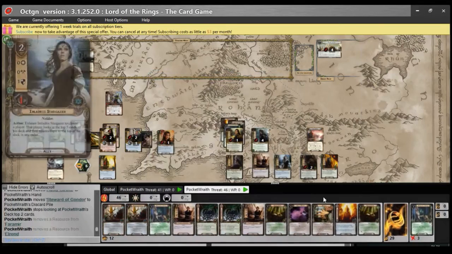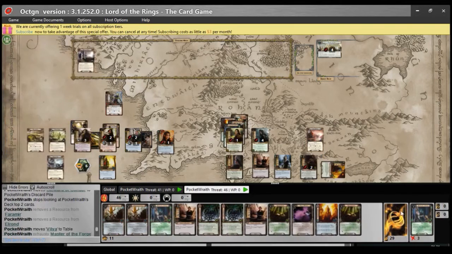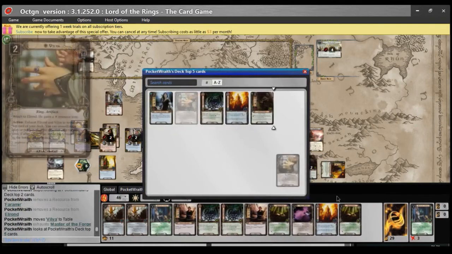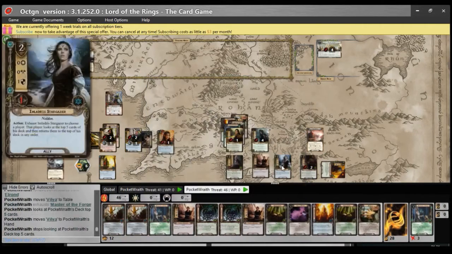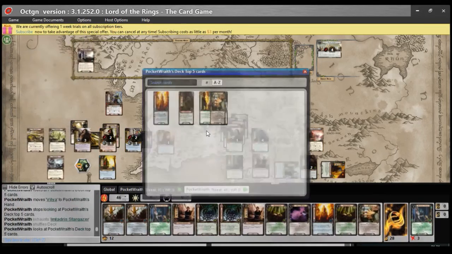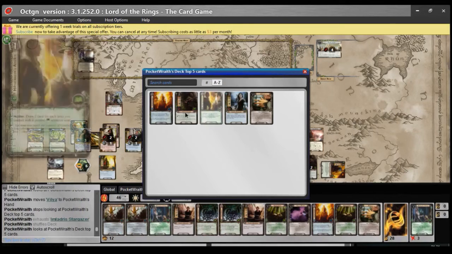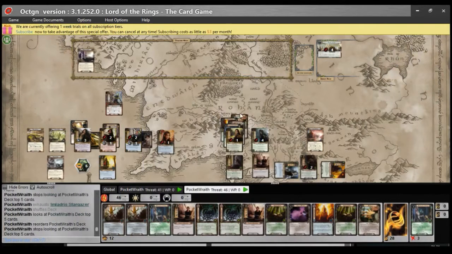Right, okay, so here I'm definitely putting Vilya onto Elrond. Let's do the Master of the Forge. Pull out a spare Vilya. Shuffle the deck and Stargaze. Well, this is a massive amount of help. So I suppose let's just go for Mithrandir's advice,